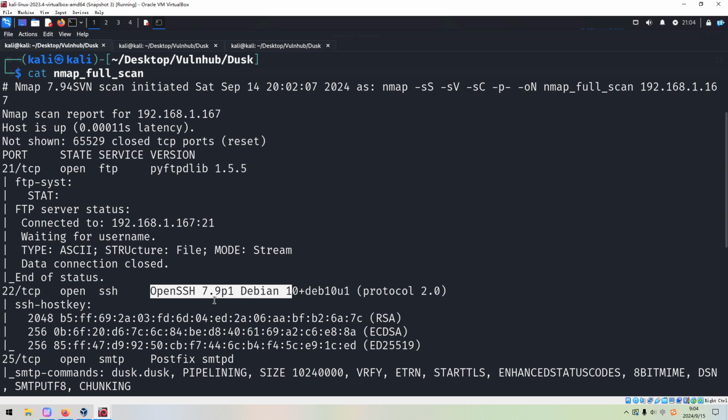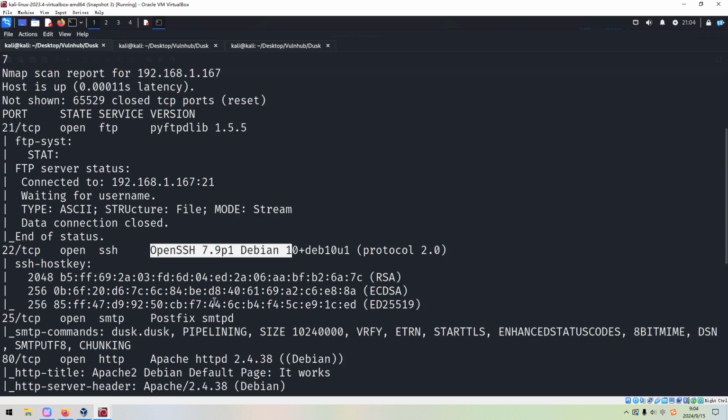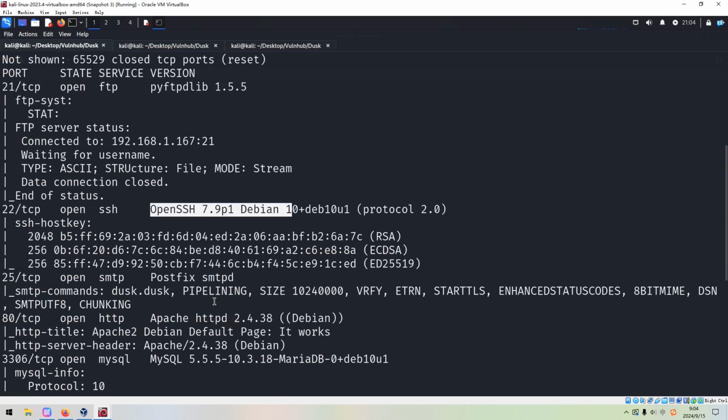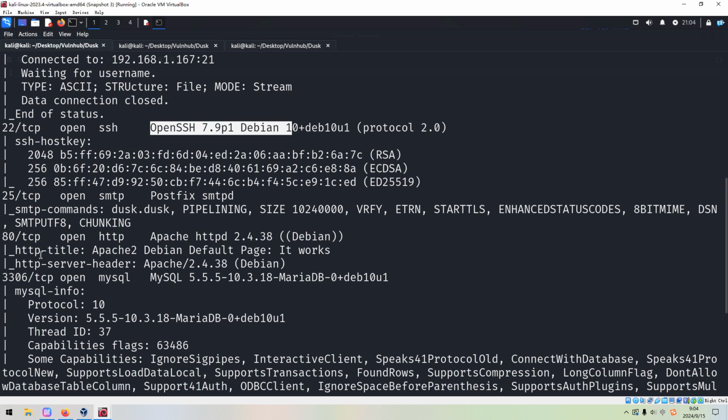I don't think we can find any vulnerability for this particular version. And the next one is 25. As we know, this port number is used by SMTP, or Simple Mail Transfer Protocol, by default. And in most cases, we cannot get anything from this port number. Okay, and the next one is 80, which is running HTTP service and also the version information, Apache 2.